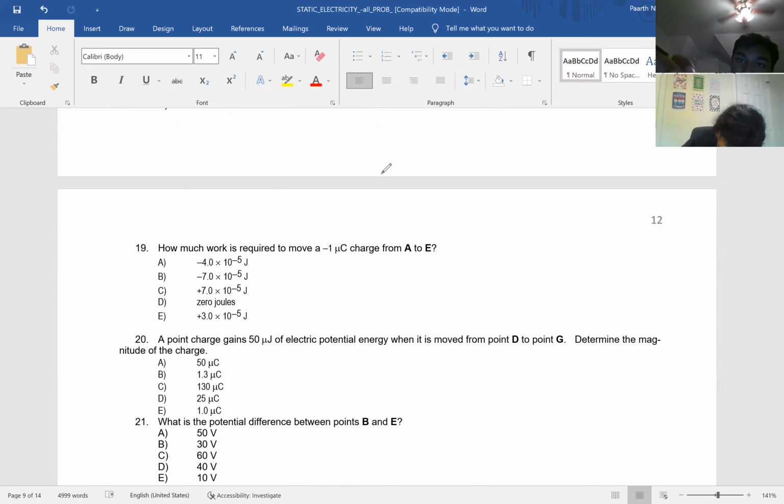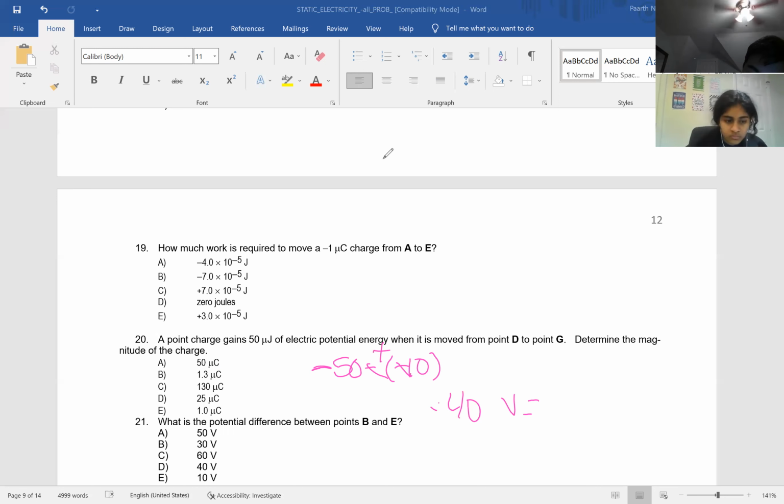Oh wait, okay, so the mistake that I made was that it's negative 50 minus a negative 10, which makes the minuses cancel out. Sorry about that. So negative 40 volts equals, let's say, 50 times 10 to the power of negative 6 joules